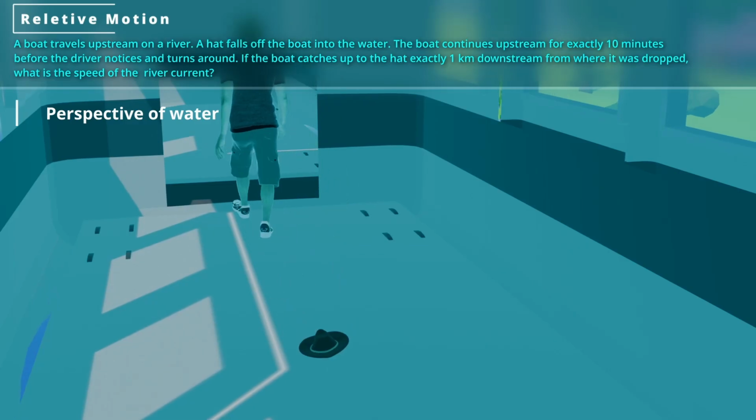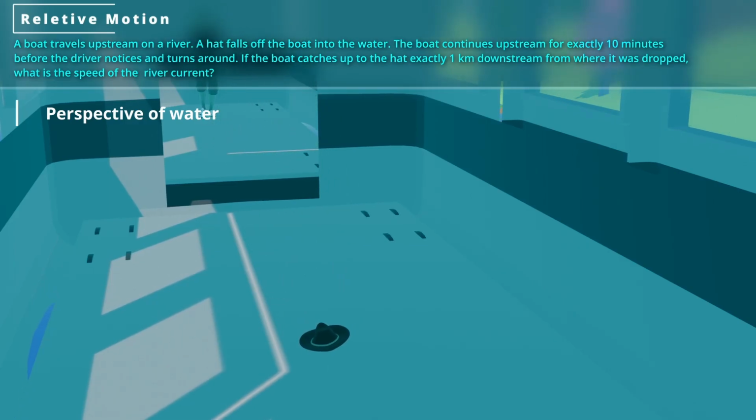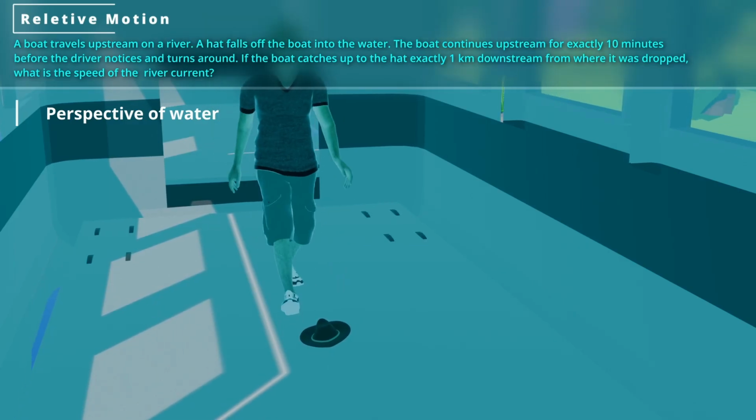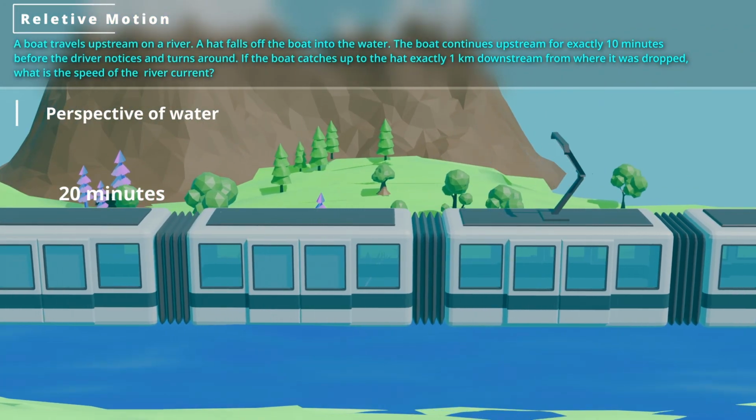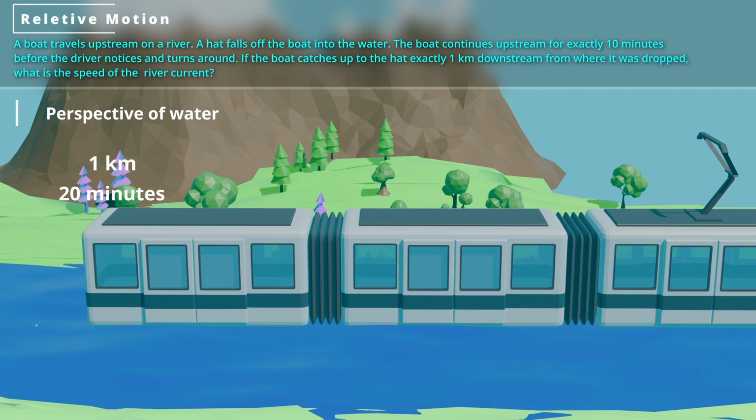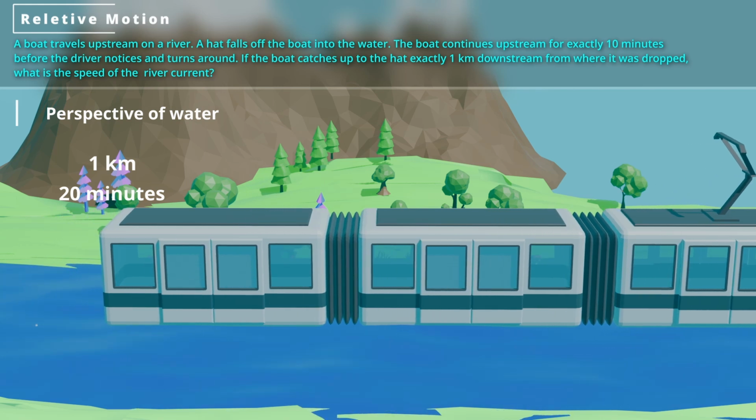If you walk down the aisle of a train for 10 minutes and turn around, obviously it takes another 10 minutes to walk back, so 20 minutes in total, right? While that passenger was doing his 20 minute round trip inside the train, how far did the train itself travel? It moved 1 kilometer down the track in those 20 minutes. So 1 kilometer divided by 1/3 of an hour gives us exactly 3 kilometers per hour. It's the exact same logic, but mapped to something that we human beings intuitively understand.